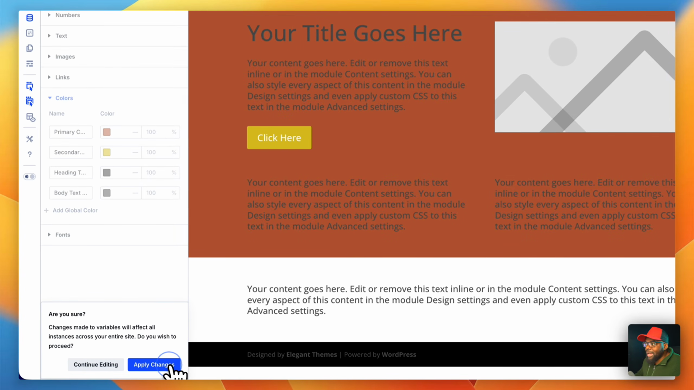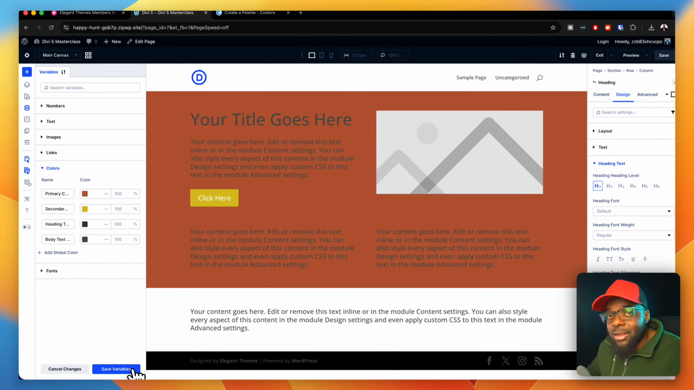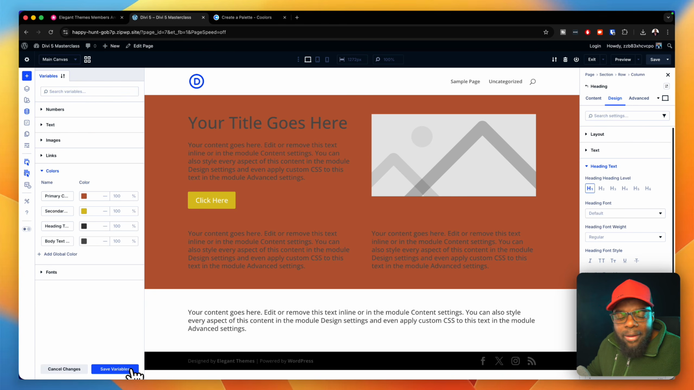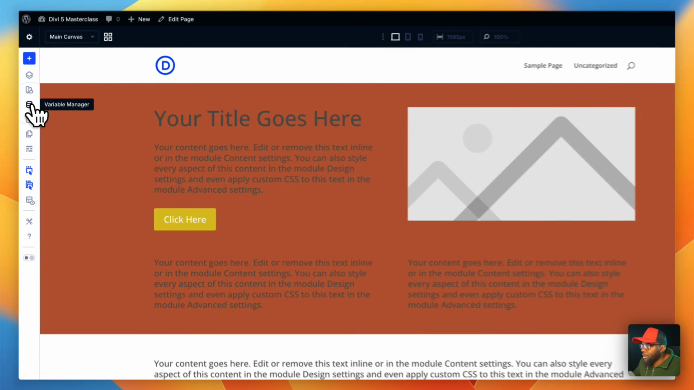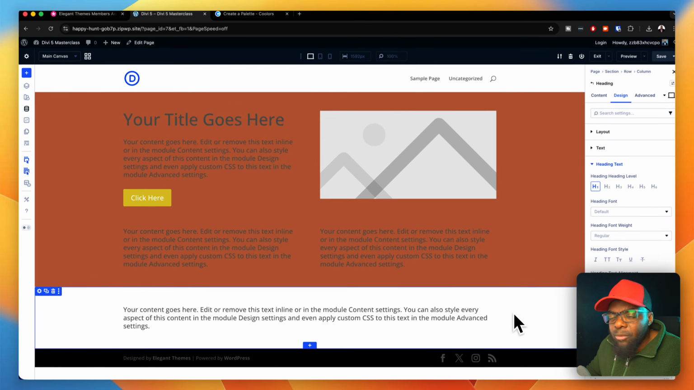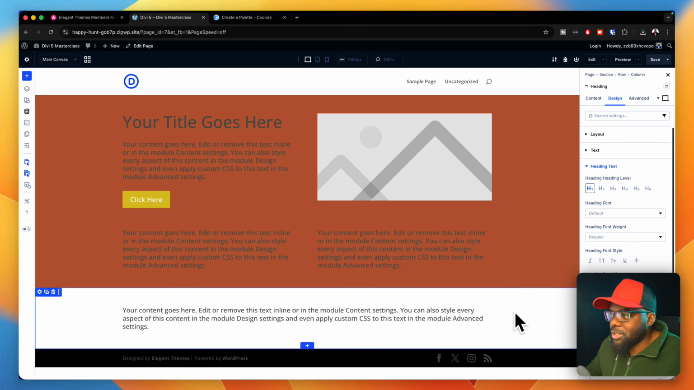So this is how Divi 5 has really changed our design workflow to make things much, much easier when we design our websites. In fact, the features that we have here are what makes Divi 5 a more professional platform to design our websites. Okay, so now that we've covered the variables here, there's also another really cool feature here,